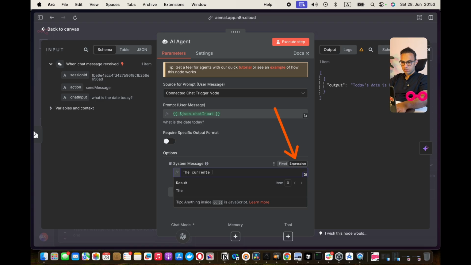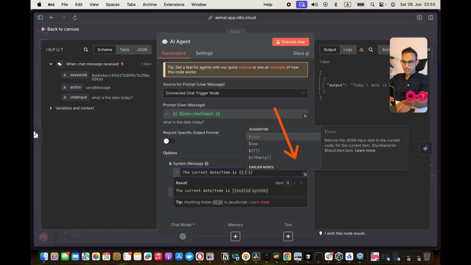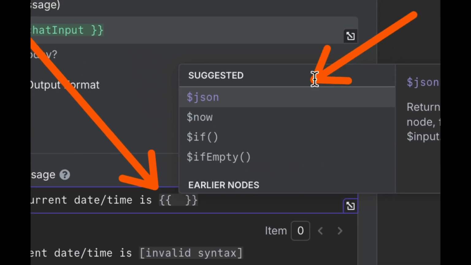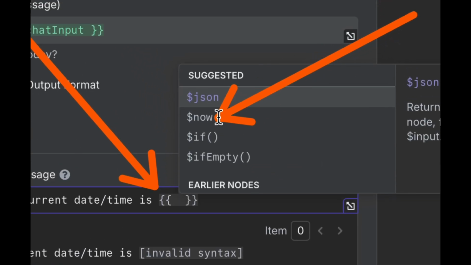The current date and time is, curly brackets, curly brackets. What I did was I typed these two curly brackets and I saw this menu. And in this menu, you can see an option called now.